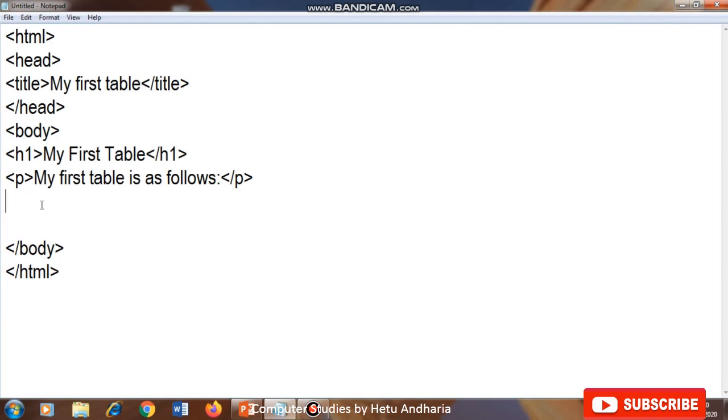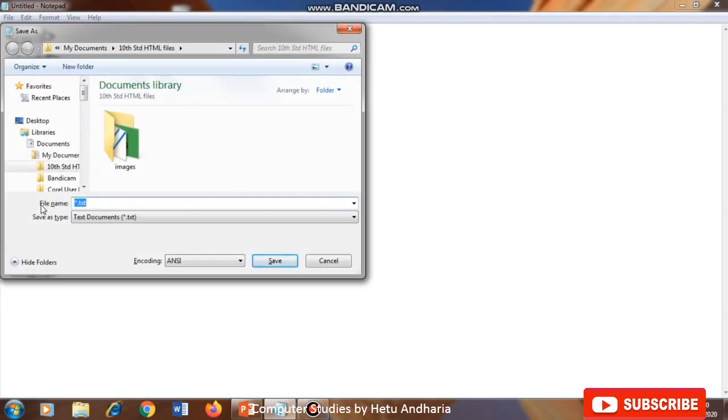Now we will create our first table. To create a table, the tag which we need to use is table. Before I start the work, I will save the file. I will give the file name as my first table.html.